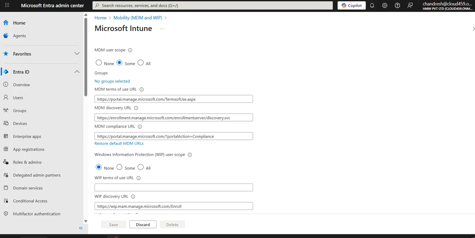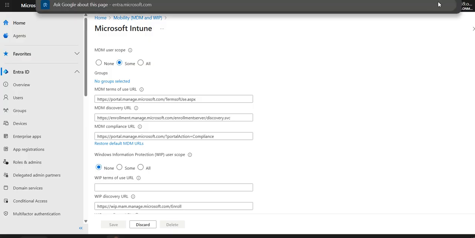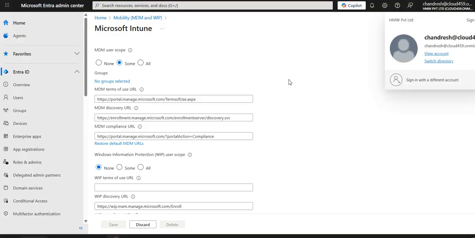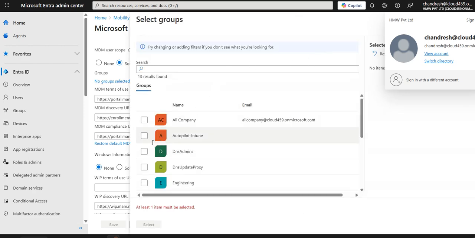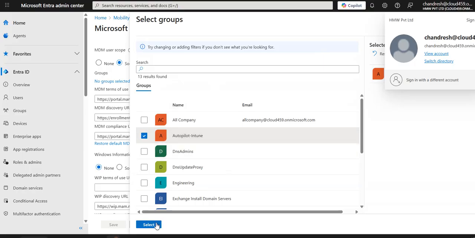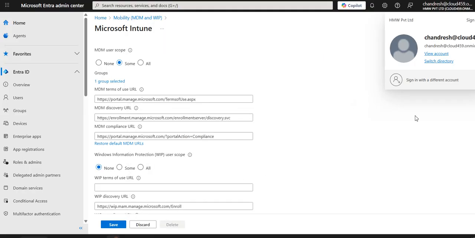portal, which is entra.microsoft.com, which is our Microsoft Active Directory. I have logged in with the primary account, and here instead of none, we will set some user scope. So we will have to add the groups which we have created. So the Intune group will be added, which is our Autopilot Intune group, and I will select that group, and thereafter I will register this URL in my